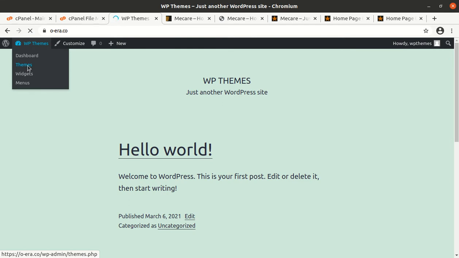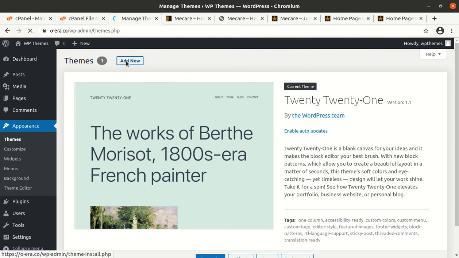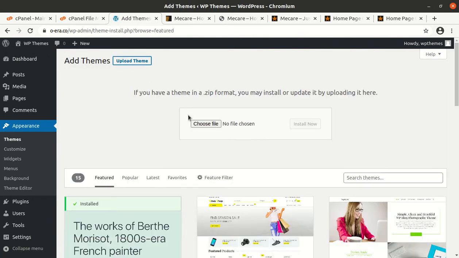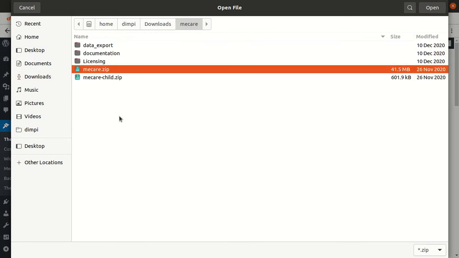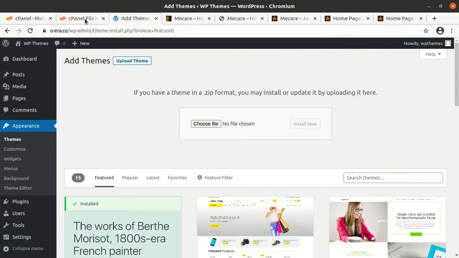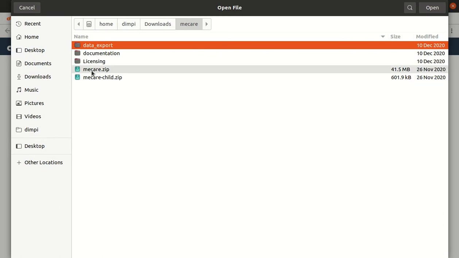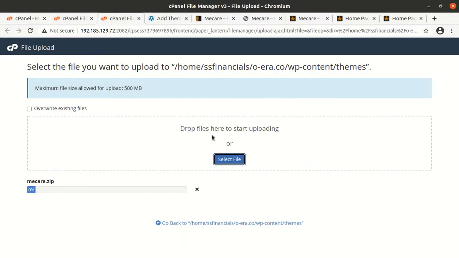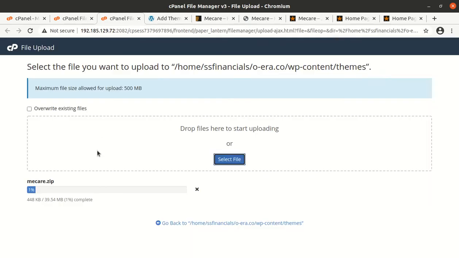Go to the WordPress theme section. For installing the theme, click on add new, upload theme, choose file, and here you need to choose the mecare.zip file. If you have direct access to your server, you can upload the same to the WP content themes folder. Both activities are the same, don't get confused. Either you can upload the theme using the WordPress interface, or you can directly upload on your server. I have chosen to upload on the server,